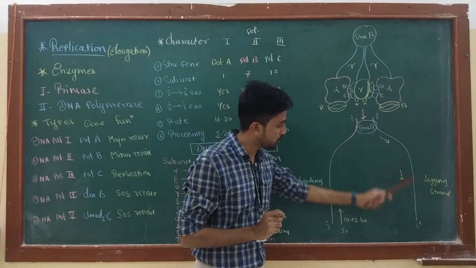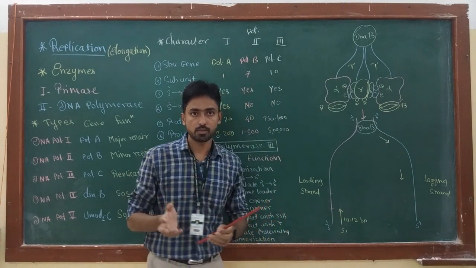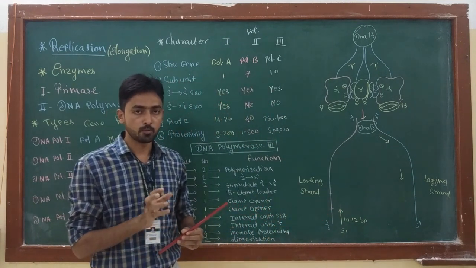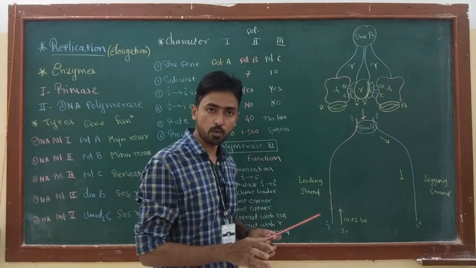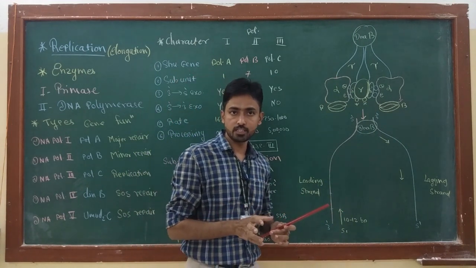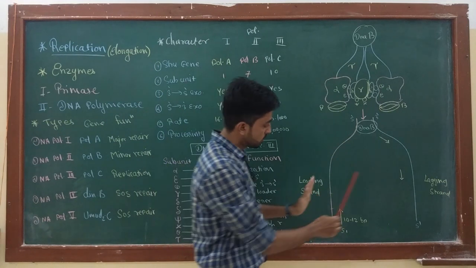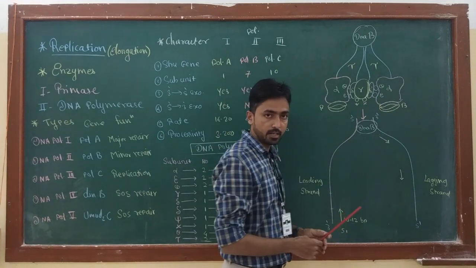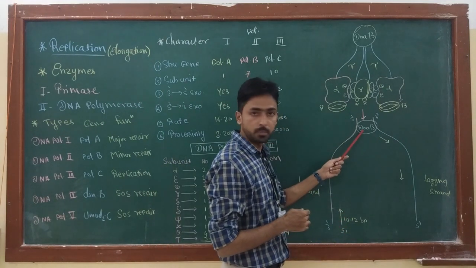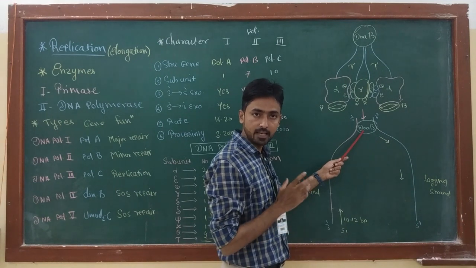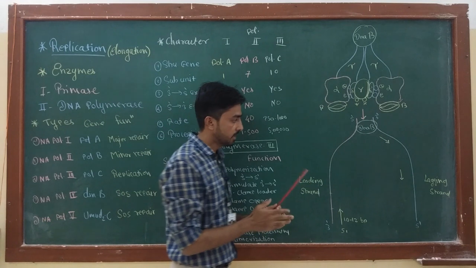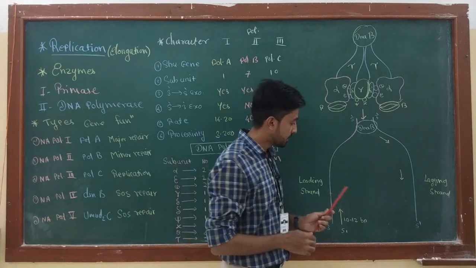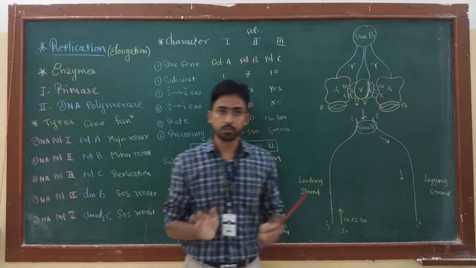This is the replication fork, and in my previous lecture I discussed the formation of a replication fork. A replication fork is formed during the initiation of replication when two strands of DNA get separated due to the action of DnaB protein. This is the helicase enzyme which unwinds the two DNA strands, and then single stranded binding protein keeps these two strands away from each other.